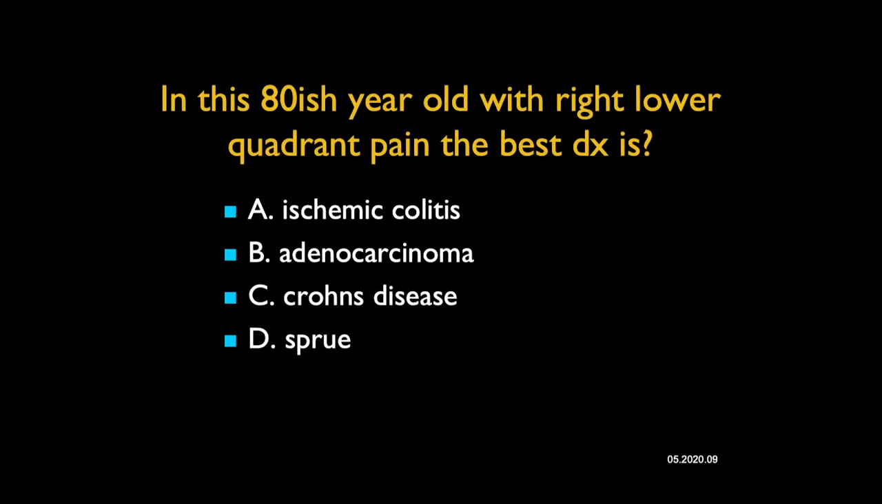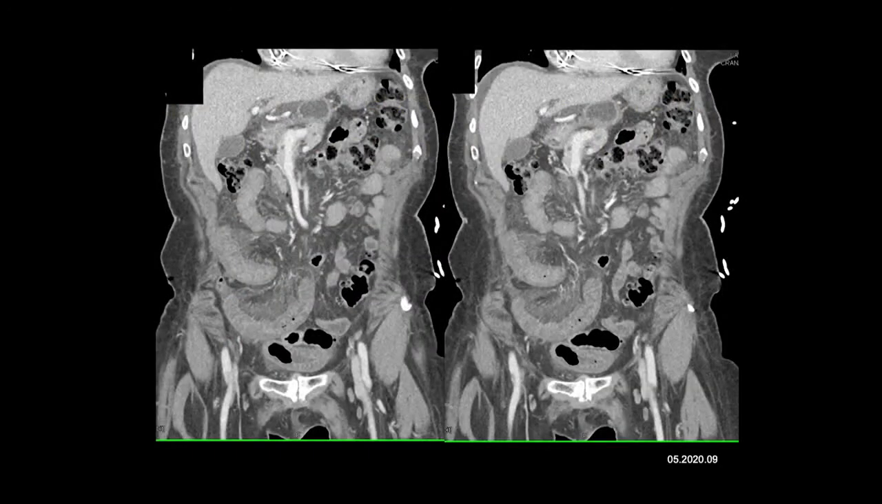80-year-old with right lower quadrant pain. What do we see? Markedly thickened small bowel, misty mesentery. This is enteritis. And when you look at it and you look at the vessels are a bit tapering, this